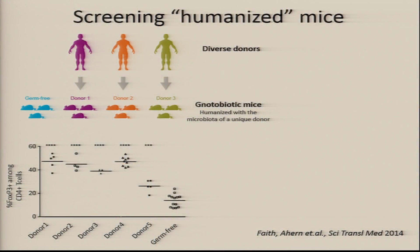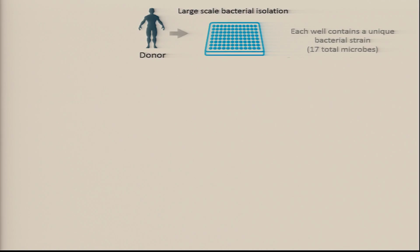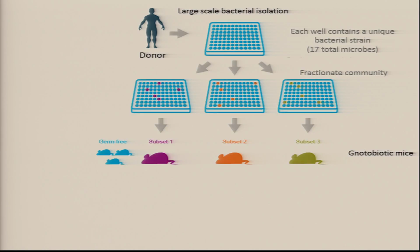And we put 5 different people's microbiotas in mice, and here's germ-free. And you can see all of them induce regulatory T cells, shown here on the y-axis. So every person's microbiota was increasing T cells, which was actually shown by McPherson earlier today as well. And so we said, let's try to find out which microbes are doing this. And so we just take the library of microbes from someone, and we start to break it apart using ideas similar to what Jeffrey Gordon showed yesterday,